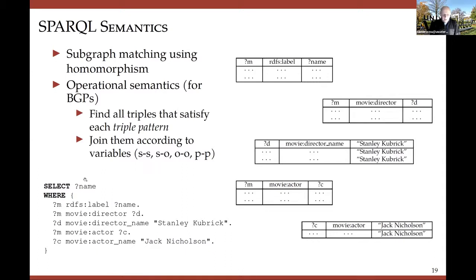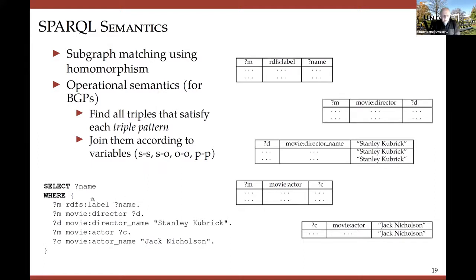A SPARQL query, as I'm sure you looked at, consists of these triple patterns, and a query that consists of only these triple patterns, nothing else, no unions, no optionals, etc., is called a BGP, basic graph pattern SPARQL query. If you really look at those, the SPARQL semantics is one of subgraph matching using homomorphism. And the operational semantics, how you can actually think of this, is that you go into your triple store, you find